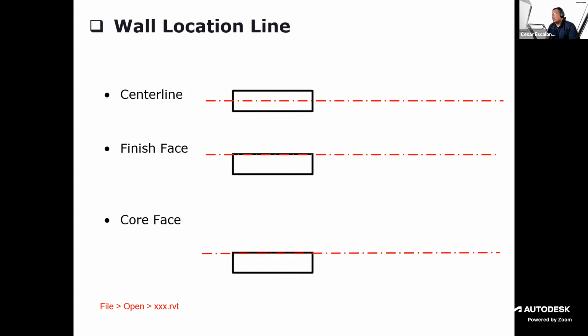But at schematic design, let's say you start with a generic wall, and you use the finish face. Then if during design development you change the wall type, the location line is the line that remains fixed. And what it means is that the wall may grow in this direction, and the finish face